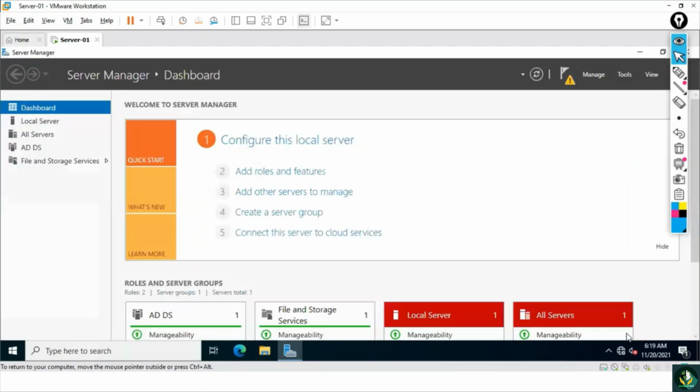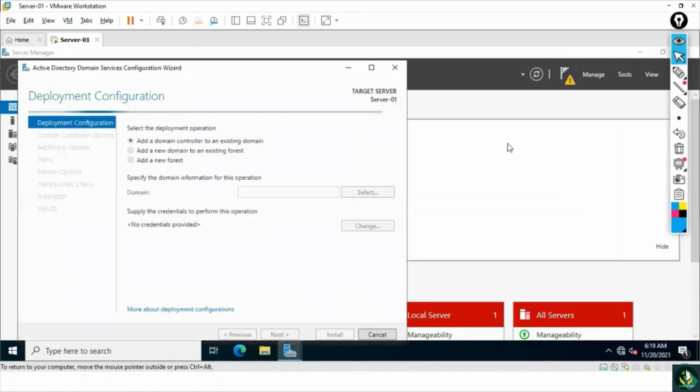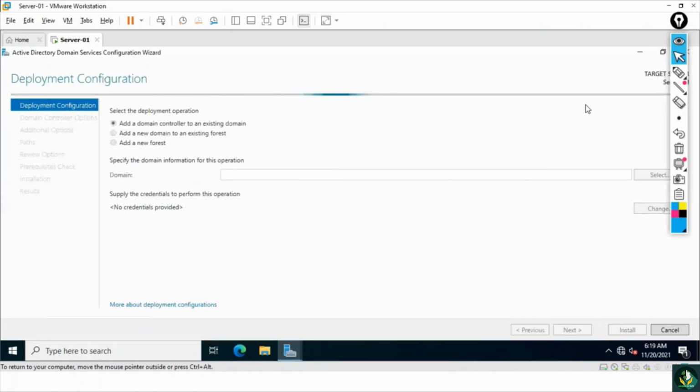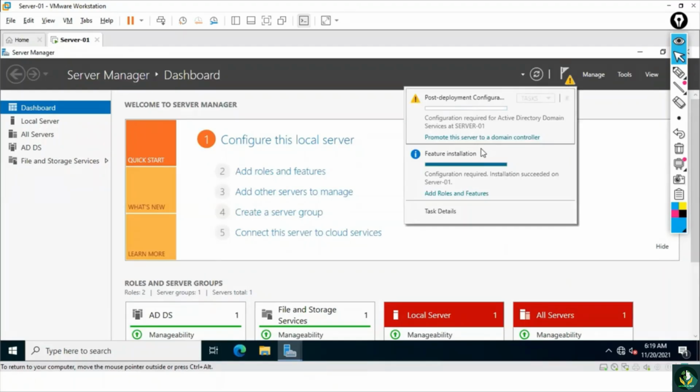So we'll click Close here, and this is the notification center. Okay, you see this flag, and you see this yellow warning here, which means it is asking us to take some action. So what is that action? It is asking you to promote this server to a domain controller. Now guys, here, once you click this option, let me close it and open it one more time. Once you click this option and you select promote this server to a domain controller,